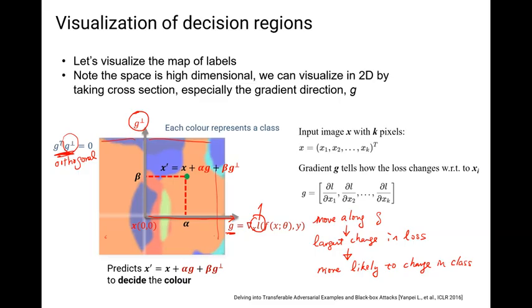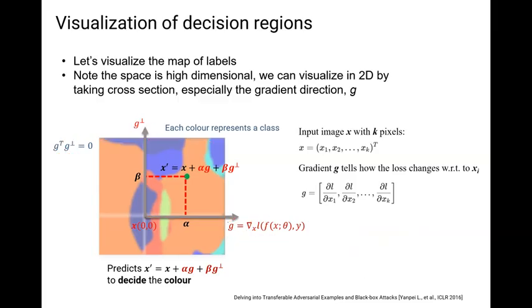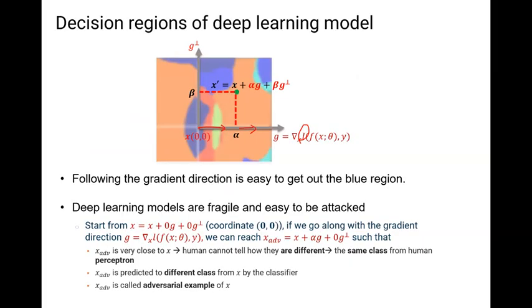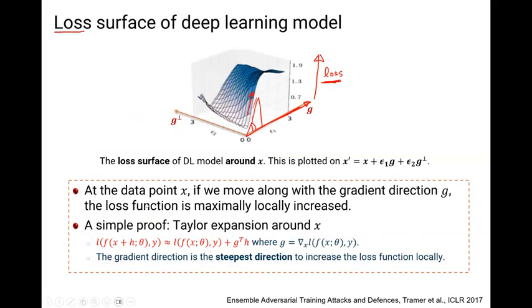The basic idea of this diagram is to tell you the gradient direction is usually the direction that gives you a higher chance of changing the class label during prediction. Okay, so if you agree with that, and this is what the field has believed,